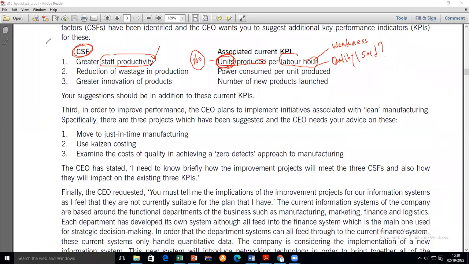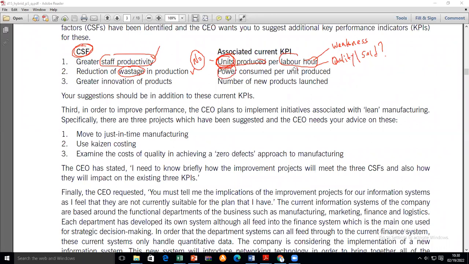You guys can even mention much more. Reduction of wastage in production. Yes, if you are running a production plant and people are wasteful, there's high levels of waste. Certainly, that's a problem, isn't it? That's money being lost. So here they say they will monitor this wastage using power consumed